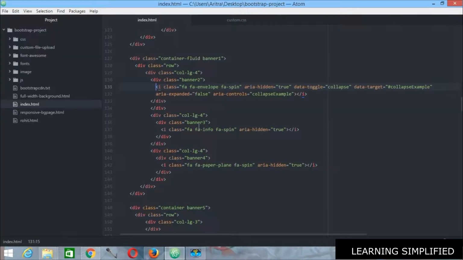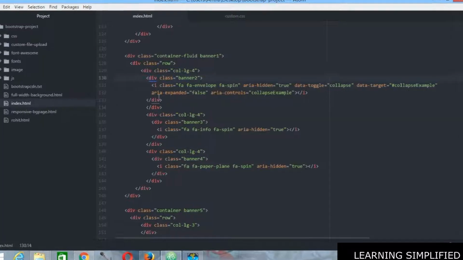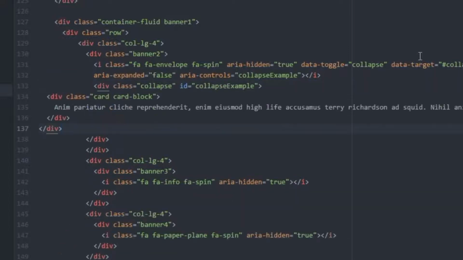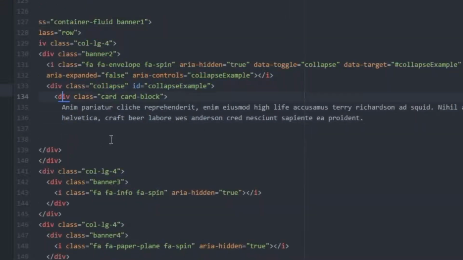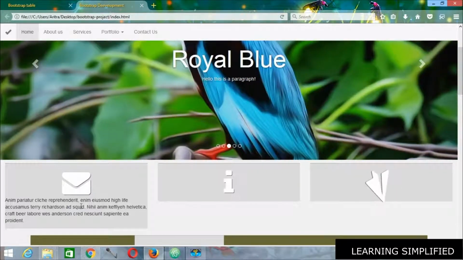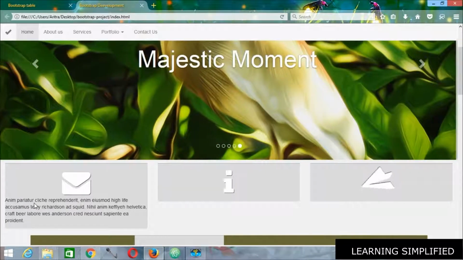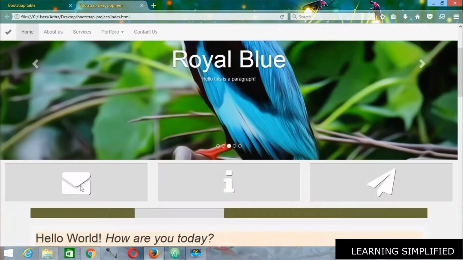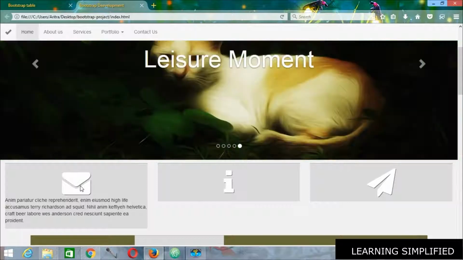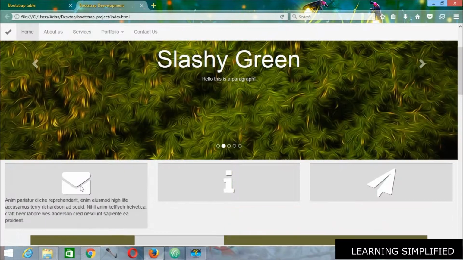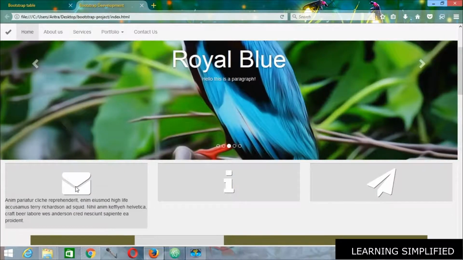and in this second position these things will be copied as a whole. Come back to our project, and within this div class banner 2, all we are doing is just pasting it. There it goes. Let's make a little bit of orientation here. Click here, we can see that all those things are coming right into action. All those texts are being observed over here, and on clicking this particular icon we can see that this text item is practically appearing and disappearing repeatedly. That means we have successfully placed all those things over here.